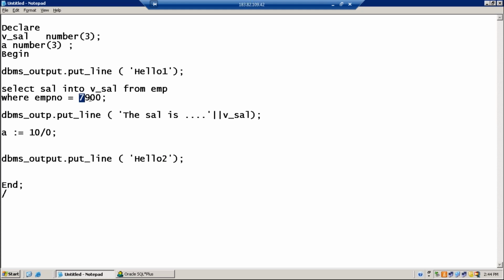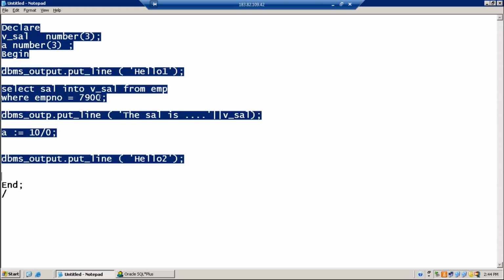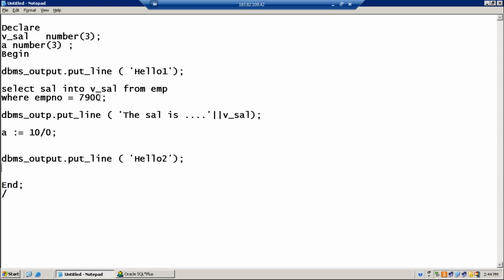In this program with employee 7900, when I run this program, what exception may be raised? Can you tell me? Zero divide exception is raised. So how to catch the exception?